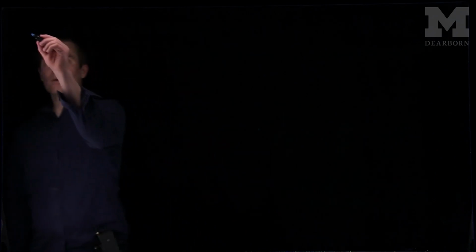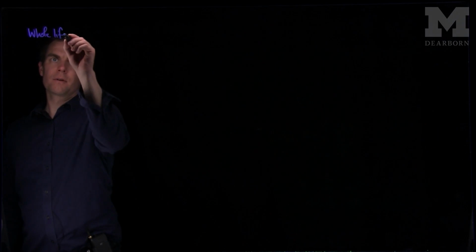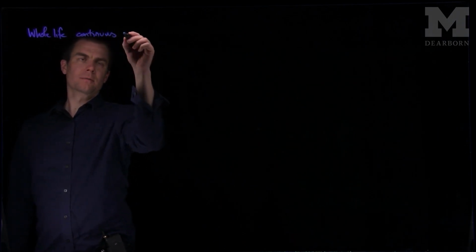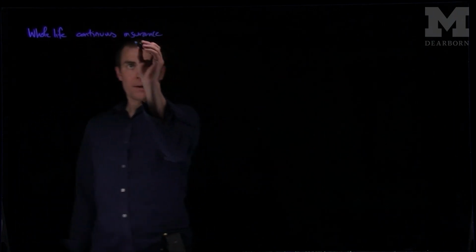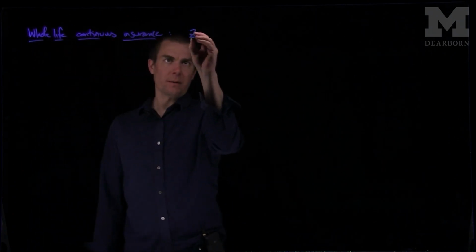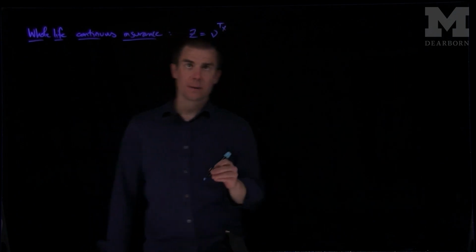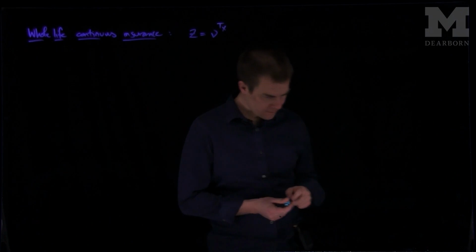If we consider whole life continuous insurance, then we know this is a random variable Z, which is v to the T_x, the future lifetime. If we compute the expected value of this, we need to recall